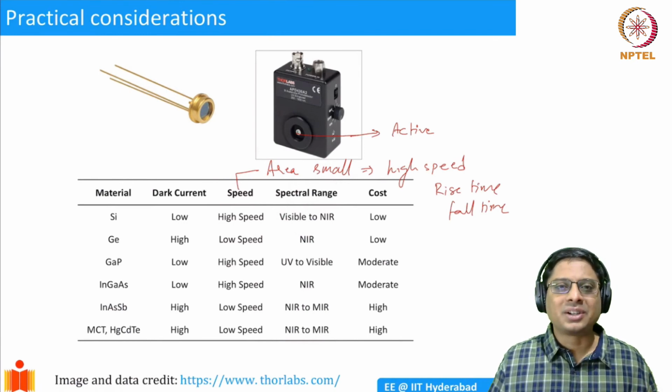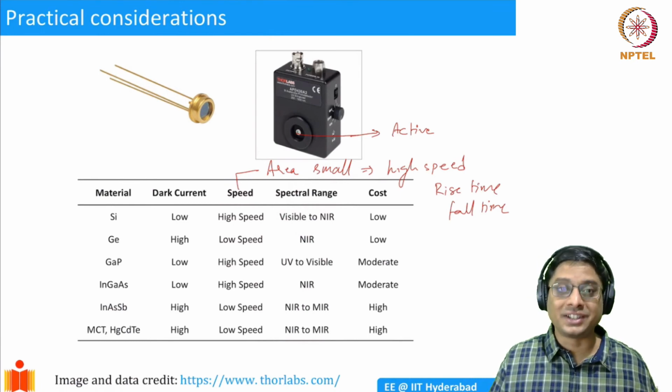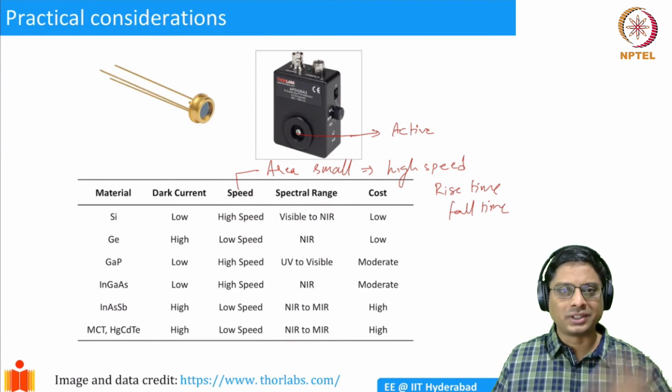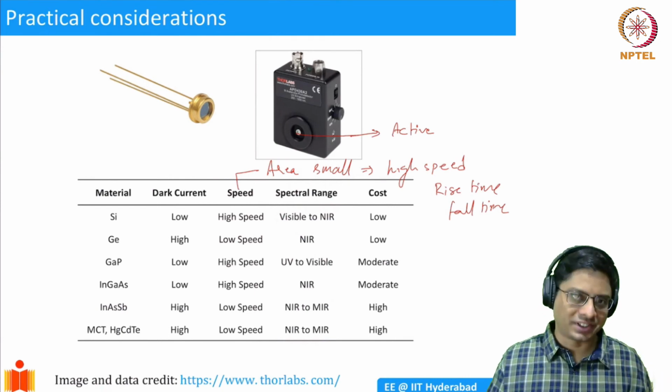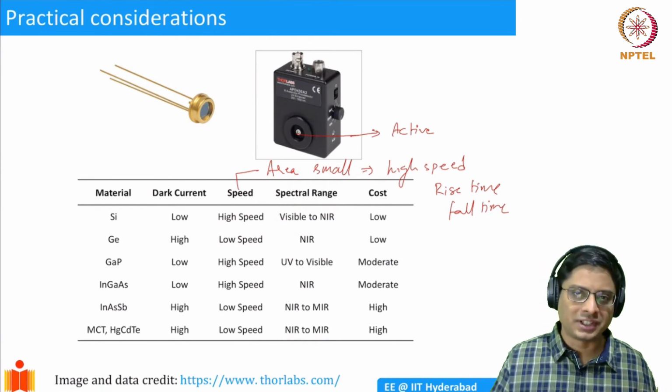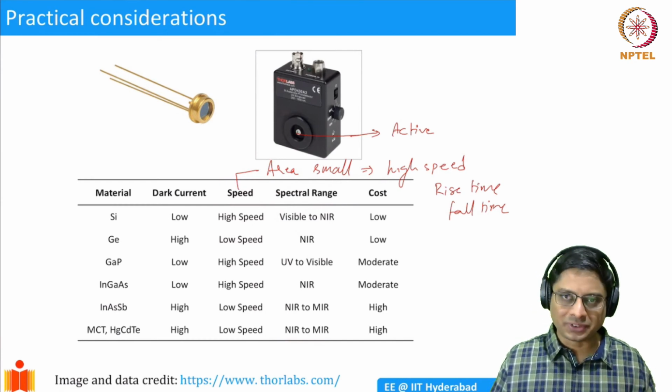The reason is, let's say in communication, you don't want to operate at megahertz. You want to operate at gigahertz, hundreds of gigahertz, as fast as possible. You want to switch 0 and 1, switch on light, switch off light, and measure that pulsing. For that, you need a very high speed detector, hundreds of picoseconds at least. So if you want high speed, then it's going to be expensive.